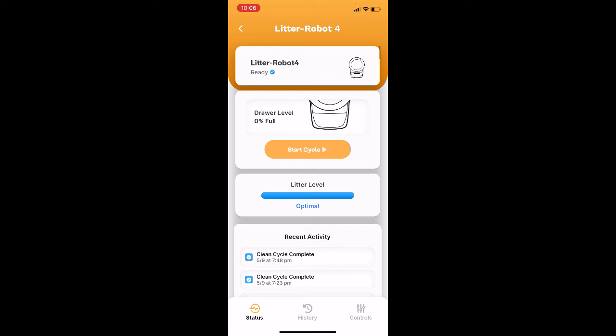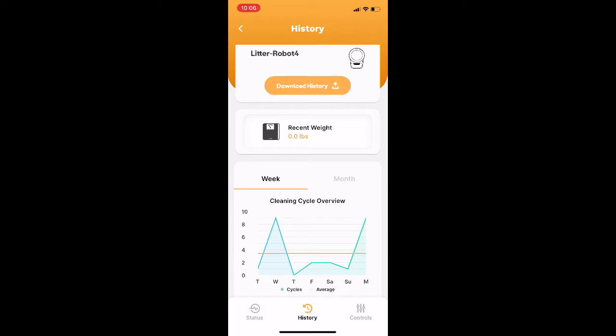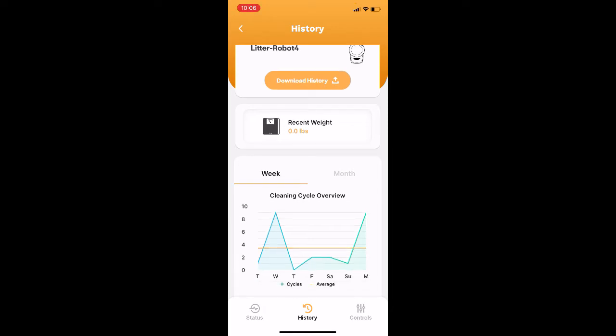Now we go to history. And here you will find a report you can download for your own reference or to take to your vet. Then you have here recent weight, which is a new feature because the new Litter-Robot 4 features a